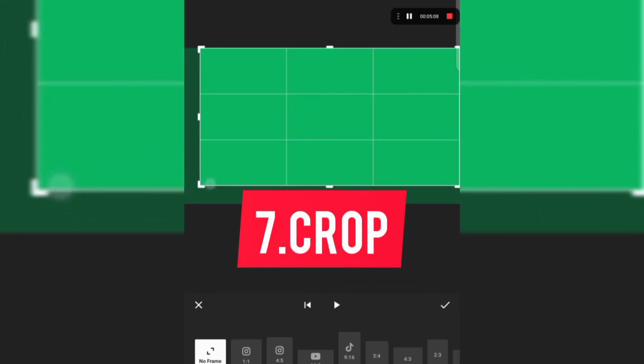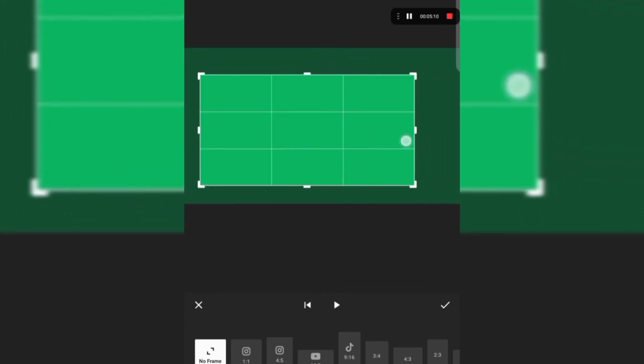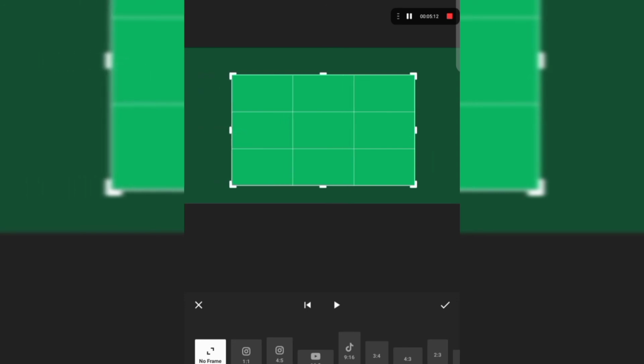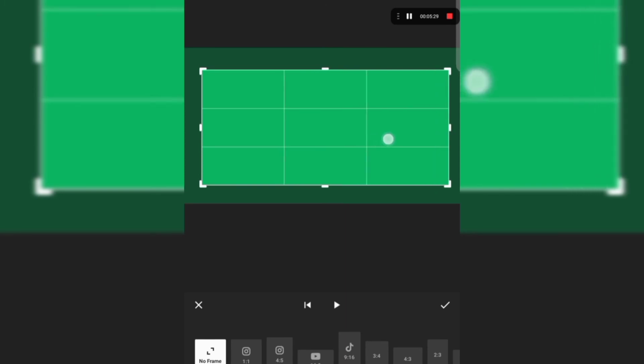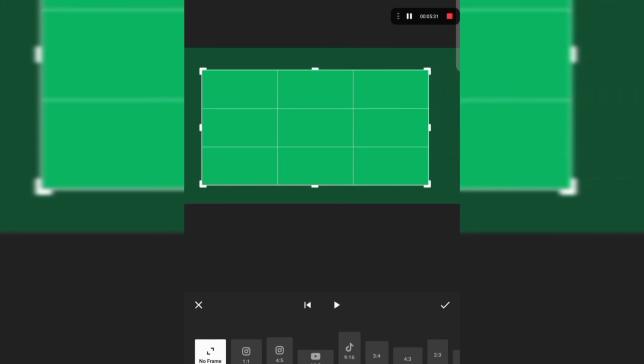You can crop your video. For example, let me crop this much, for example, 32 frame. No frame. The no frame option can only be used for cropping. The other frames of these and these can be helpful for cropping your video. So let's save it.